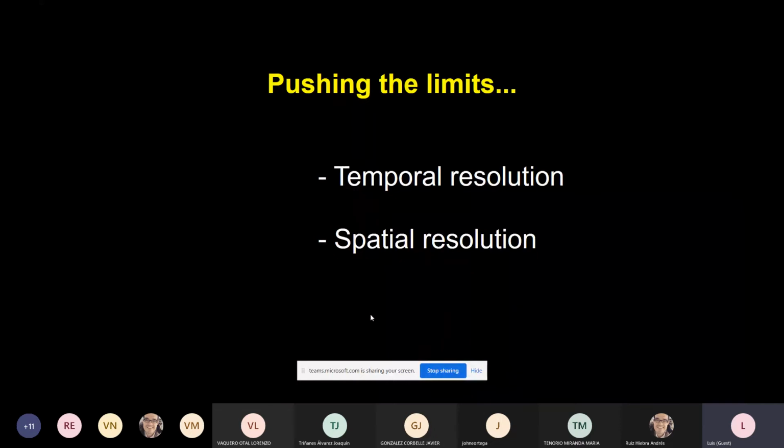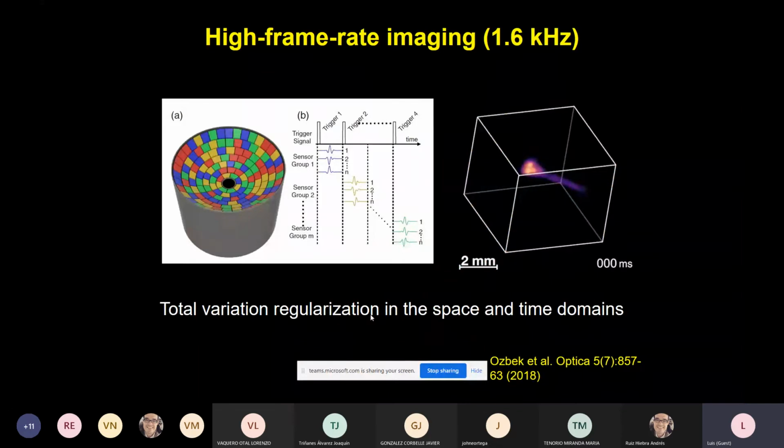On the other hand, we also want to enhance the spatial resolution. As I mentioned, optoacoustics provides good resolution because it's given by ultrasound rather than by light. With light alone, you cannot image with high resolution inside tissues, but if we take advantage of the low scattering of ultrasound, we can provide much higher resolution. But there is still a limit, which is acoustic diffraction, and we're trying to overcome that limit. So I'll show you some examples. So one is